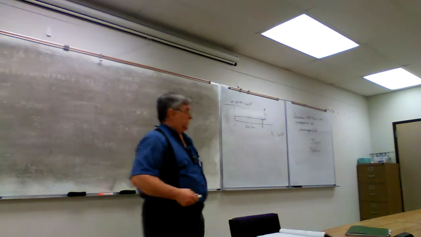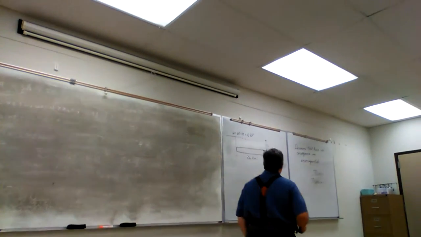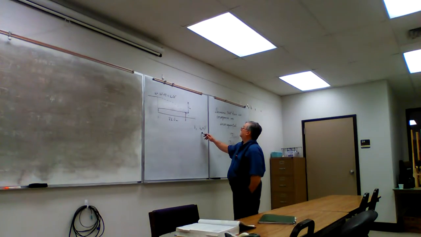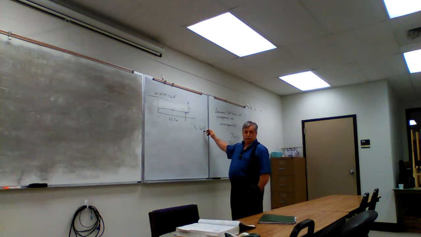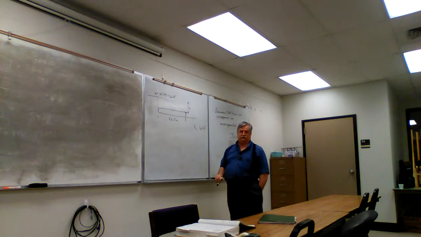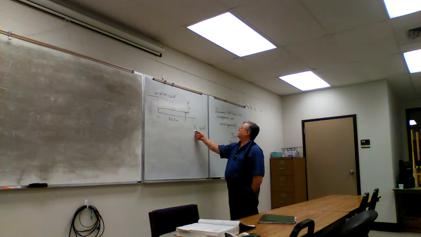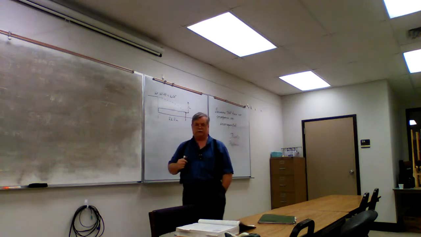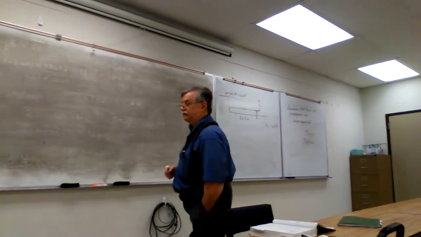We know his initial velocity in the y direction is 0. And we know what the acceleration in the y is, it's just minus g. But we don't know t, and we don't know what his final velocity in the y direction would be. So that gives us 2 unknowns and only 1 equation. So that's not really going to help us. We are going to have to break out